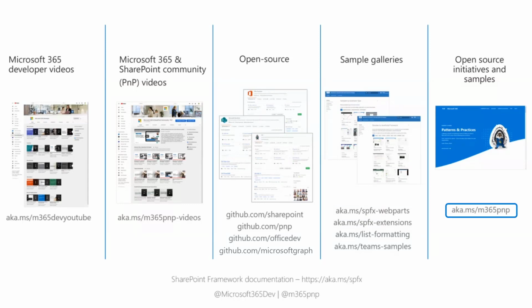And if you're wondering what all of these assets are, and why do I need to remember so many URLs, this is too difficult. It's not. There's only one URL to remember, which is aka.ms/m365pnp, and from there you can get access to all of the different YouTube channels and Microsoft Graph documentation, Microsoft Teams extensibility, SharePoint extensibility, and so on. So we want to have one location where we can easily access all of our open source and non-open source assets.